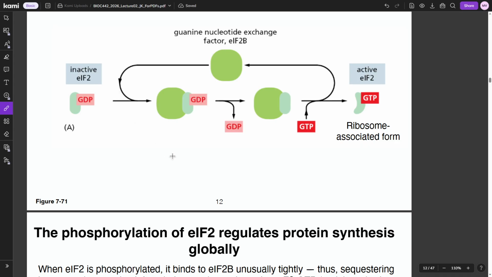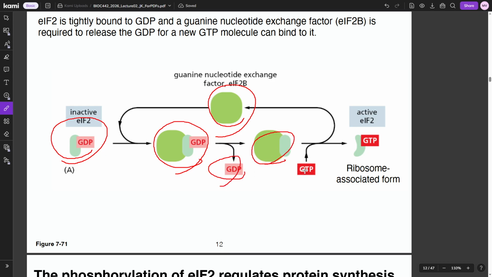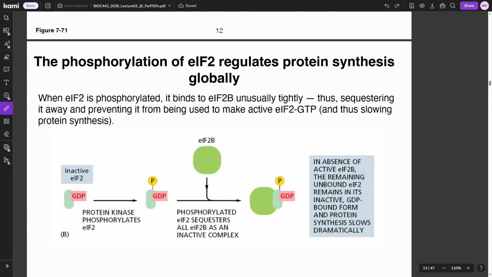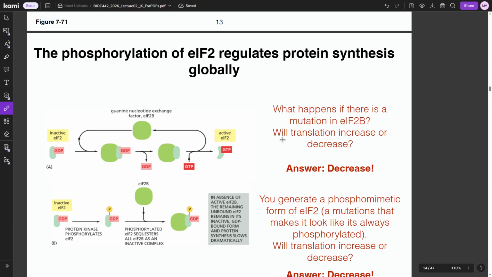But again, this is what it's supposed to look like normally, where you have EIF2, EIF2B binds to this thing, causes the release of GDP, end up with this, then you attach the GTP, and that causes dissociation, so this separates from that. But under phosphorylated conditions, the EIF2 is phosphorylated by a protein kinase, and even if EIF2B binds to it to try and switch out the GDP for a GTP, it still doesn't work. So, all that to say,